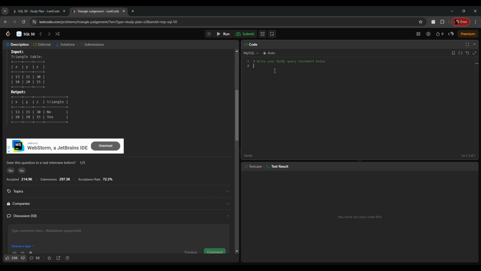So let us write the statement. Select x, y, z, case when x plus y is greater than z and x plus z is greater than y, and z plus y is greater than x,